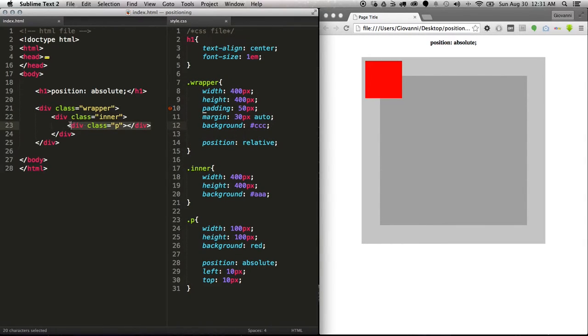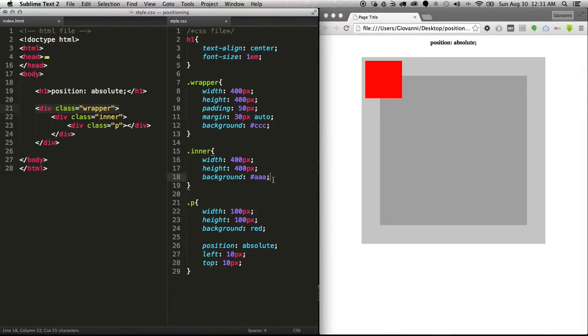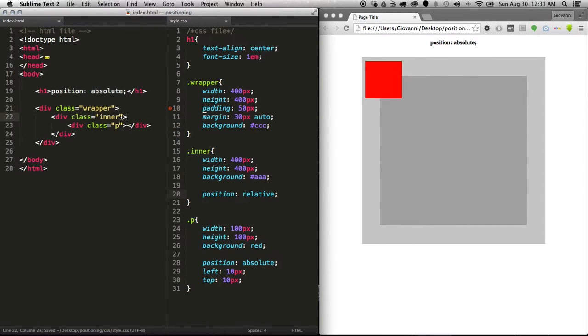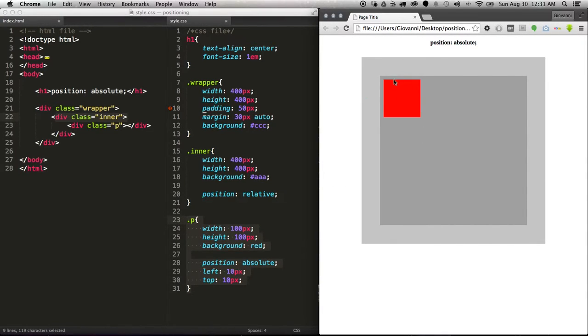So this is the thing that's position absolute. This is now position relative, so this is the context. If I want the context to be inner, which would be the immediate parent of P, then I would style this with a position relative. So now this becomes the context for positioning for P. So if I reload this, it's now the dark gray square, because that is the one that has position applied to it. So if I do both,